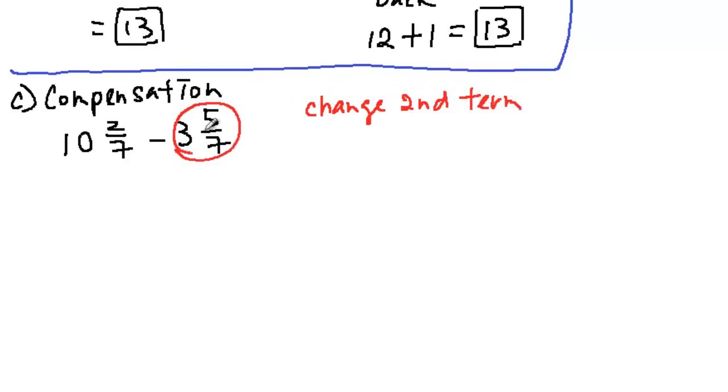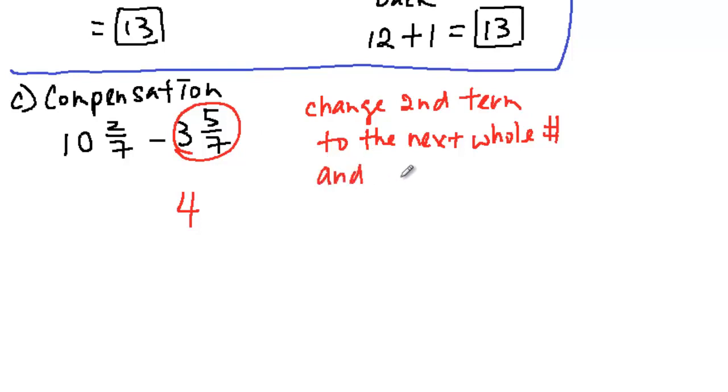First you want to change that to the next whole number. The next whole number would be 4, but you're subtracting 3 and 5/7, not 4, so you need to